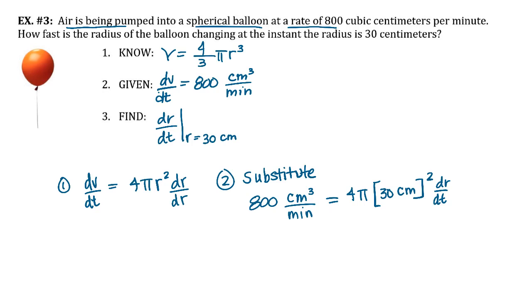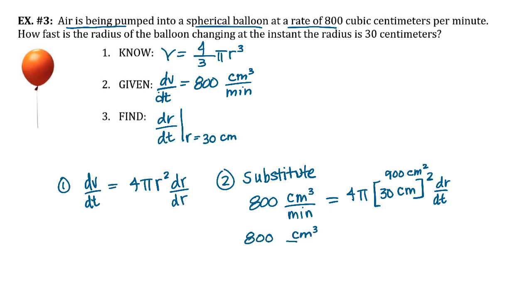Now 30 centimeters squared, that's going to be 900 centimeters squared, and that's what we're going to need to move over to the other side to solve for dr/dt. So we can do a lot of that algebra all in one step, and we're going to do that to save some time. So we're going to have 800